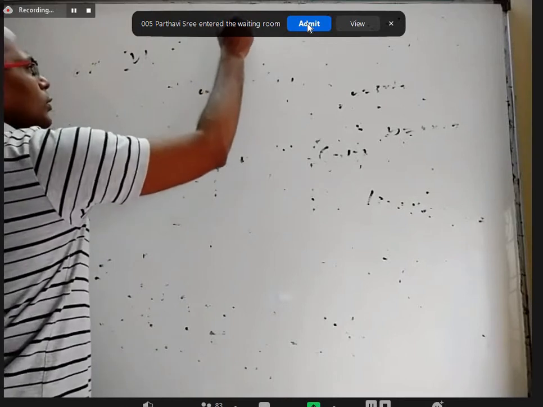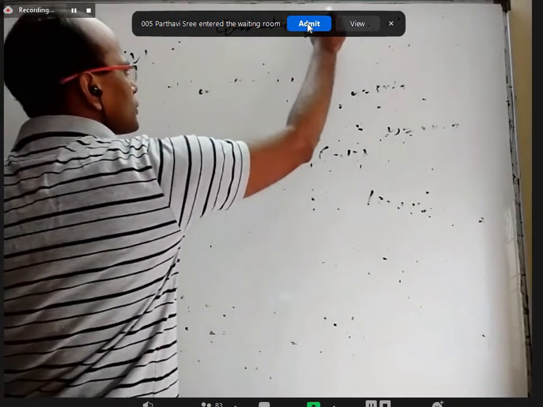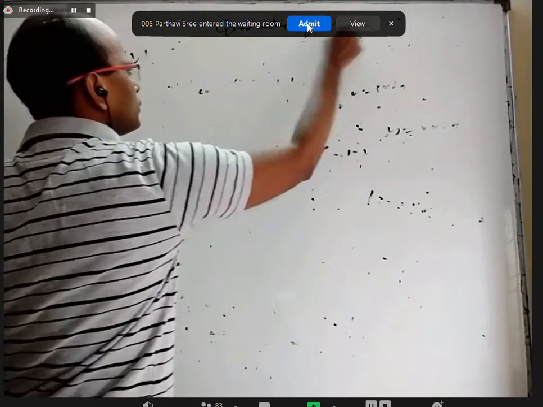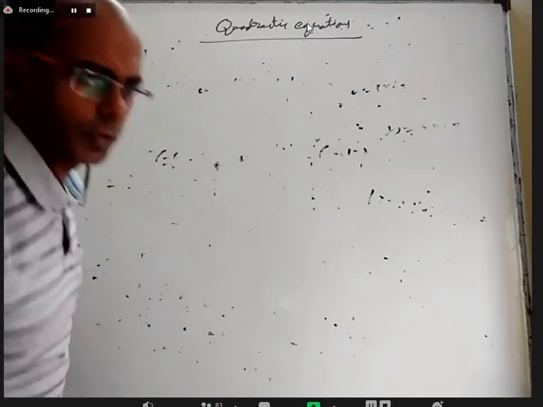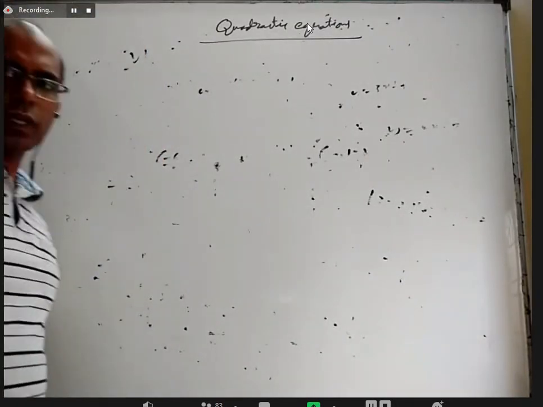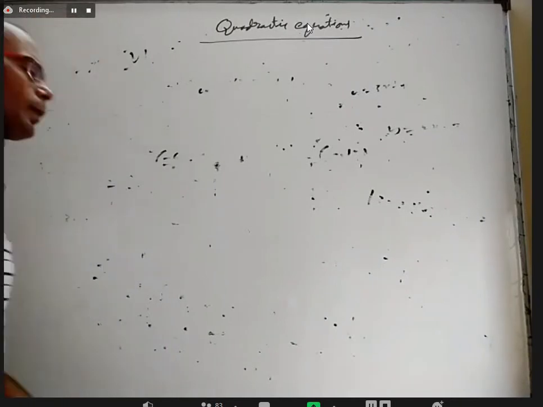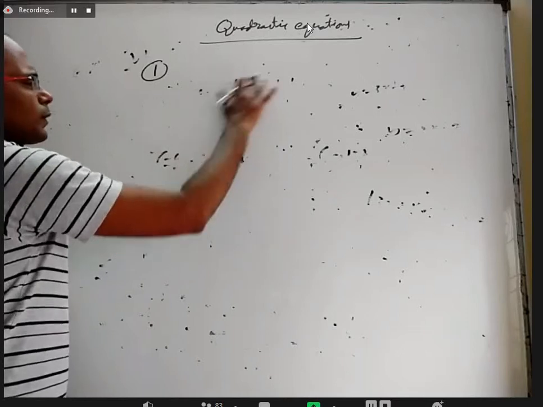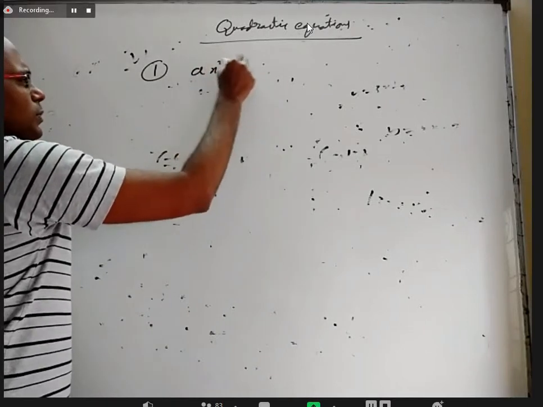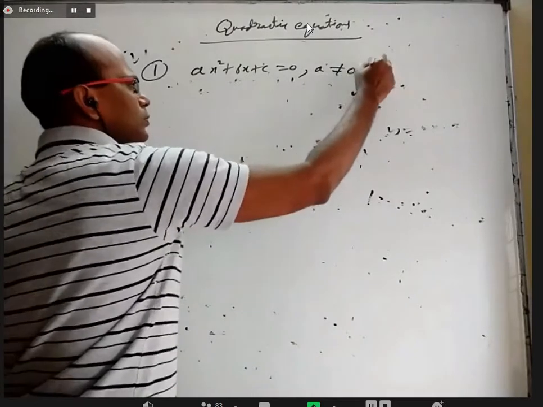Okay, quadratic equation. I'm not necessarily going to give the complete theory and all that. In second year we have a chapter called quadratic equations, but nothing difficult. It's a very easy topic. Just a few points only we'll discuss. First point, ax square plus bx plus c equal to 0 and a not equal to 0 is called a